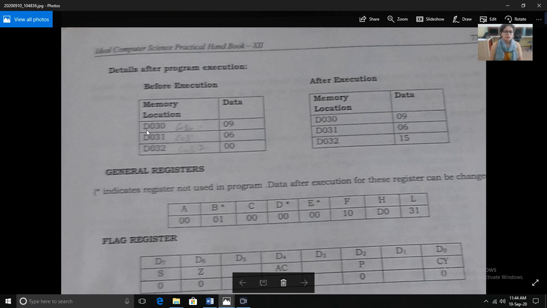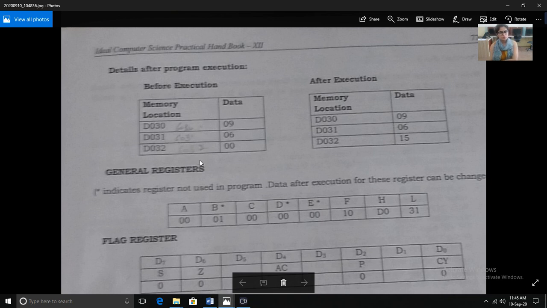Now I am assuming these locations as 6030, 6031, 6032. The reason is I have already told you we cannot initialize any of the memory addresses in the 8085 kit with any C or D variable. That's why I am using the addresses 6030, 6031, 6032. You can use addresses of your choice, it is up to you. When I show you the practical by executing the program on the kit, I will assume these addresses.